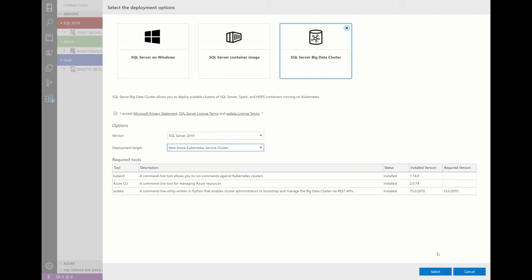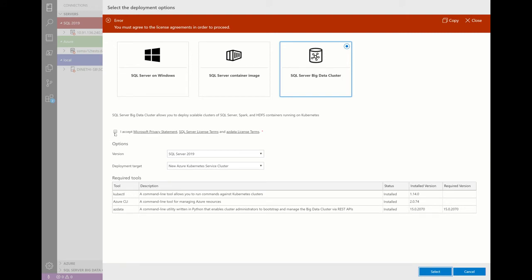And there is also some intelligence built into this tool. So it tries to detect if these tools are already installed on your machine. If not, it'll prompt a message saying you don't have it, go get these tools. It also detects the installed version and also prompts you with the required version. So if you're above or below, you know what you're getting into. Trying to catch the failures early, ahead of time. Of course, I need to accept the EULA.